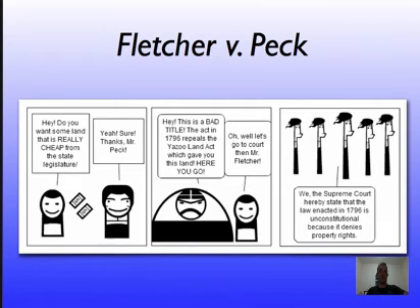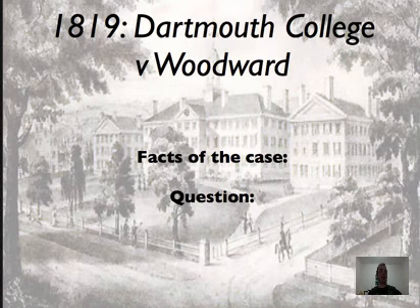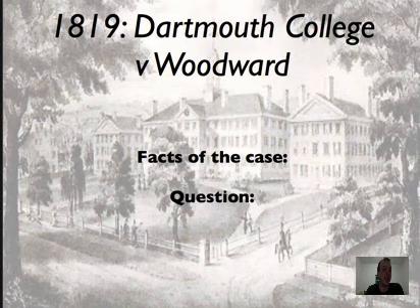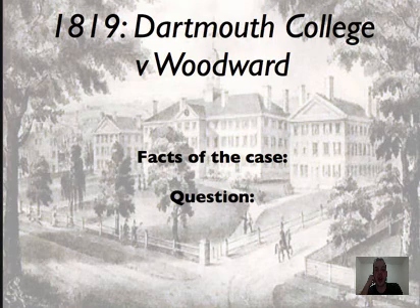And here's another cartoon. Another case from this era, Dartmouth College versus Woodward. In 1816, the New Hampshire legislature attempted to change Dartmouth College, which was a private institution, a private college, into a state university. The legislature changed the school's corporate charter by transferring the control of trustee appointments to the governor. In other words, the people who choose the board of directors for Dartmouth went from being individuals to now the governor. In an attempt to regain authority over the resources of Dartmouth College, the old trustees sued in court against William Woodward, who sided with the new appointees.